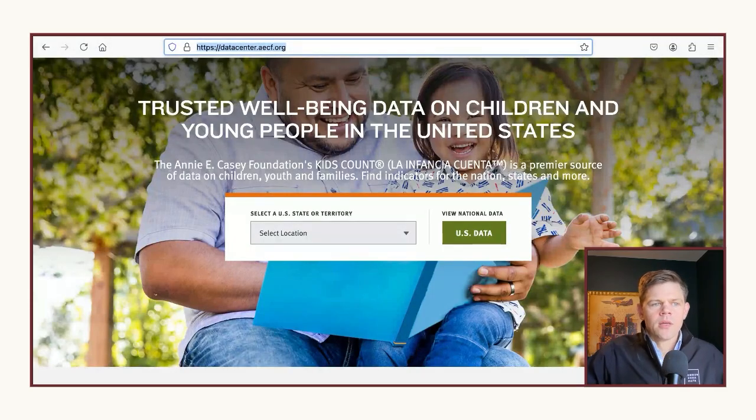To access the Kids Count Data Center information, I'm sure you could Google it. It'll probably be one of the first results you find. But if you'd like to enter in the URL, it's datacenter.aecf.org. And I will show you what that looks like. All right. So once you navigate to this URL, you'll see that we have the Kids Count Data Center up here in the top,